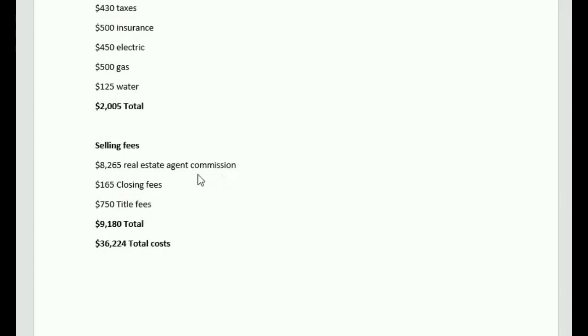And then selling costs, so about $8,200 or so to pay another real estate agent who had the buyer when we sold the house. So we pay 3% commission, $165 in closing fees, and then about $750 in title fees, which I included from when I bought it and when I sell it. I grouped those together, but it's to pay the title company, recording fees, all that different stuff. So about a little over $9,000 in selling fees as well. So if we add all those costs up, about